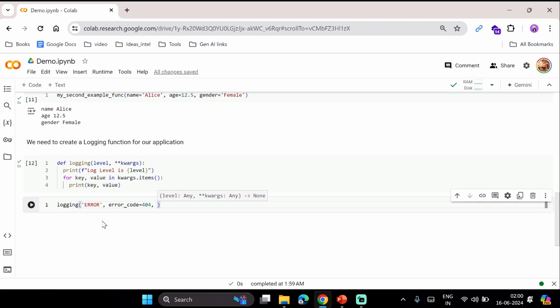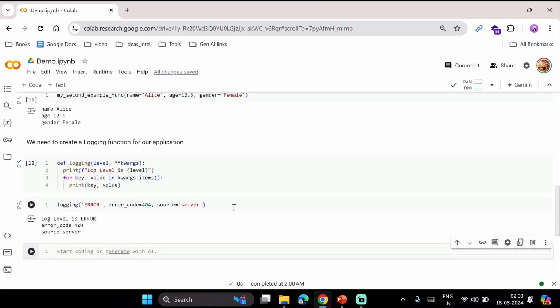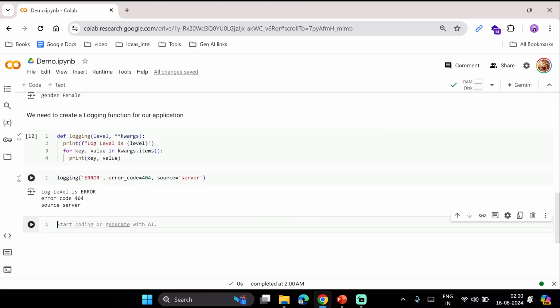Then we can also say source, and source could be a string. We can say source is server. So what it will do is print the level first and then any number of arguments that I'm putting. If I run this now, you can see this is a valid function because my log level is error, then my error code is there, the source is server. But now using the same function,